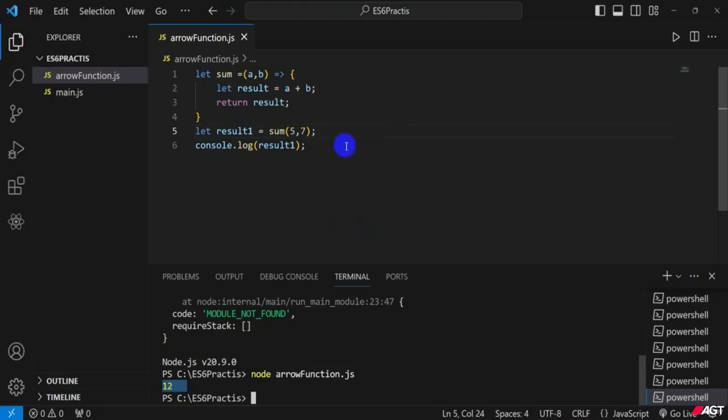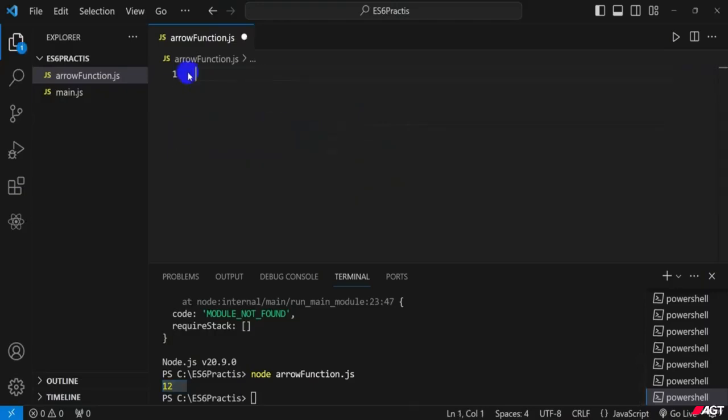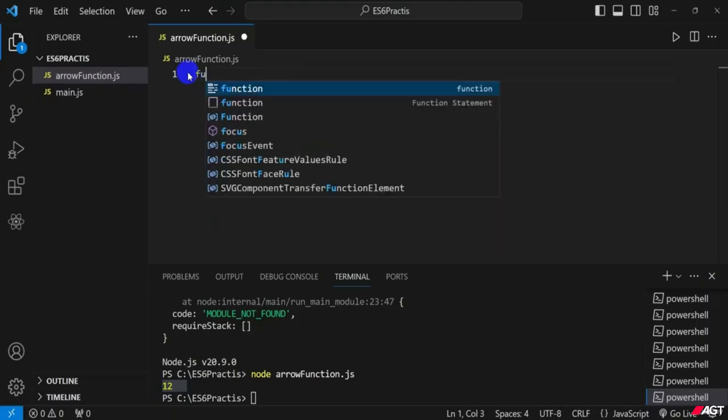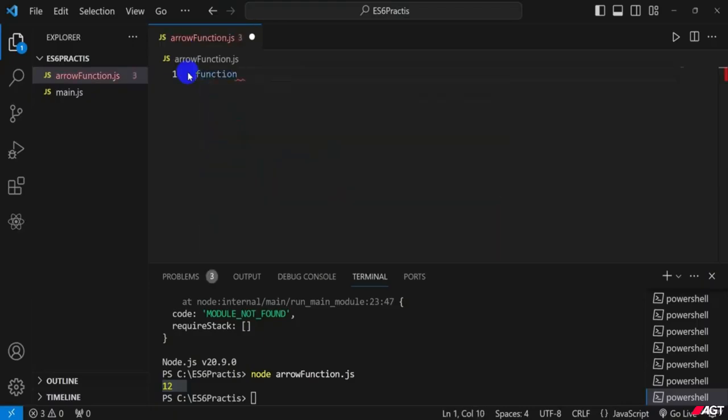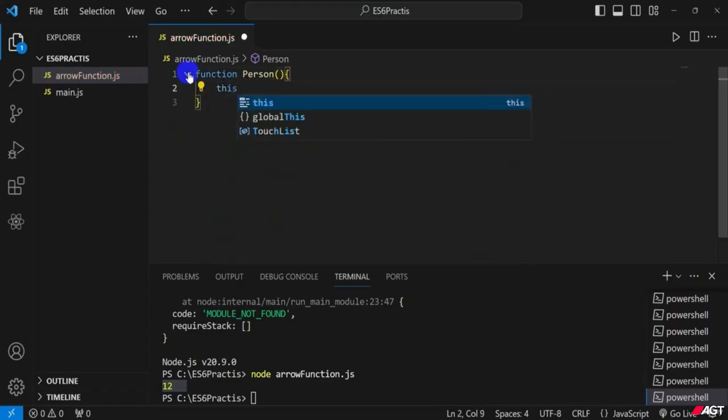Okay, so in an arrow function there is no binding of this, and in a regular function the this keyword represents the object that called the function. Okay, so here I just created a new code. First I create the function, and then I create Person. Okay, and here I create the parenthesis and curly braces. So first I use this dot name equal